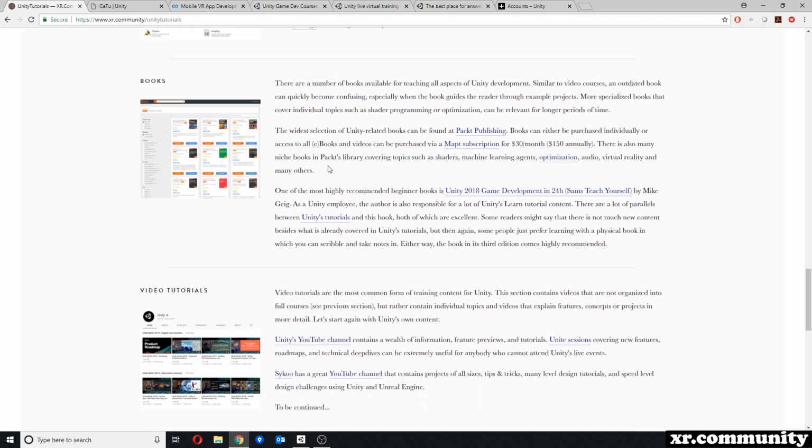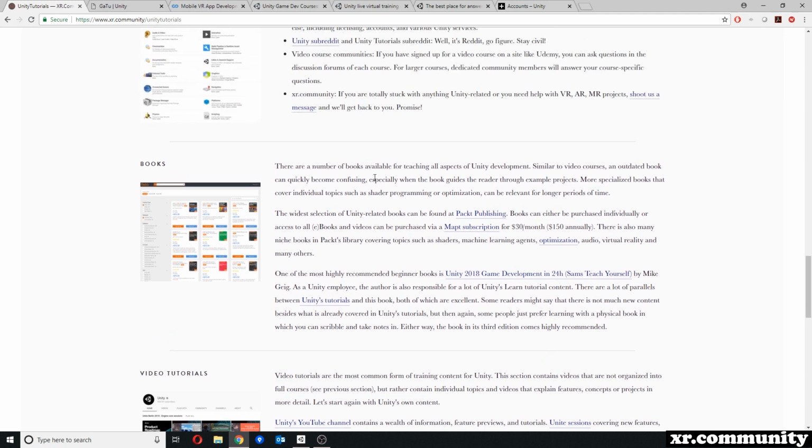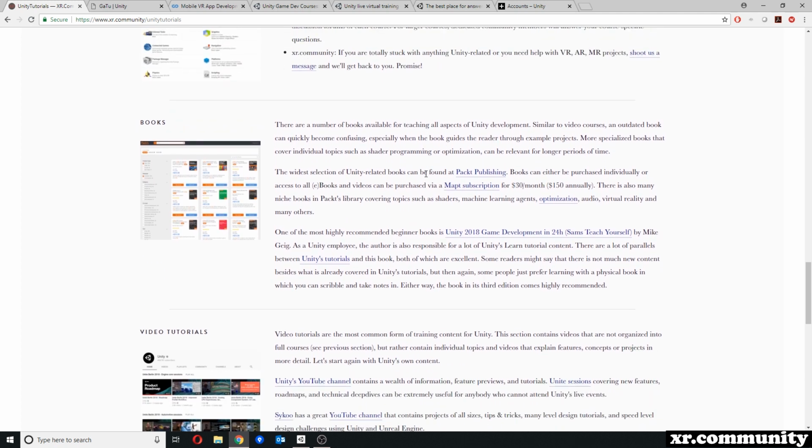All right. Now, with any of these books, or pretty much any of the content, you always have to make sure that the content is up to date, especially if it's broad topics like project-related work, where you have to follow along and replicate whatever is being done in the video. Because it can be really frustrating if you're trying to follow along and some of the functionality completely changed, the interfaces in Unity and the editor changed, and you get stuck and you don't know exactly how to deal with it. So if you, now in 2018, use tutorials for Unity 5 from like 3 or 4 years ago,